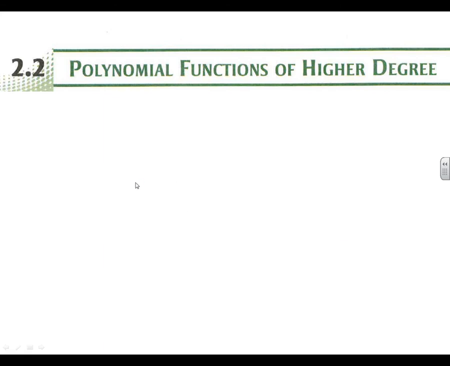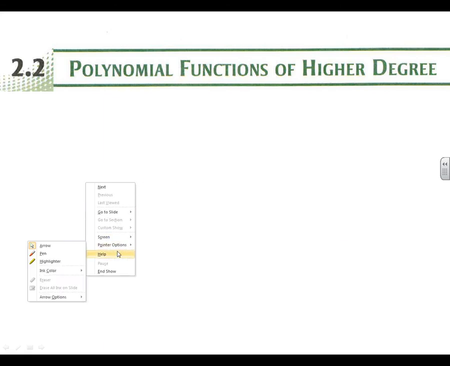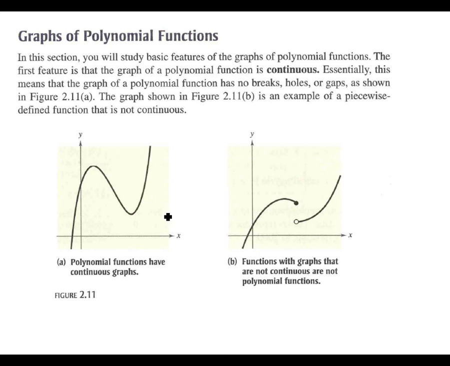Okay, two polynomial functions of a higher degree, and so in this case we're going to be talking about something higher than x squared, right? And so again, the degree of our polynomial function is going to be the largest exponent you can find. But before we get to that, there are two important things that have to happen for a function to be a polynomial function, right? So we can have functions that are not polynomial functions, but to be a polynomial function,